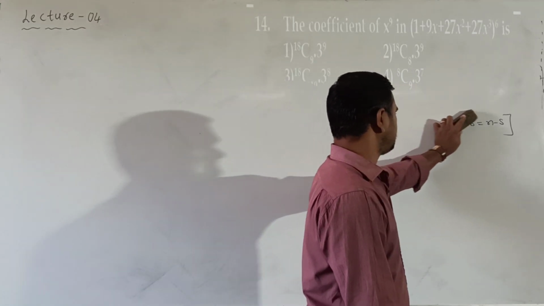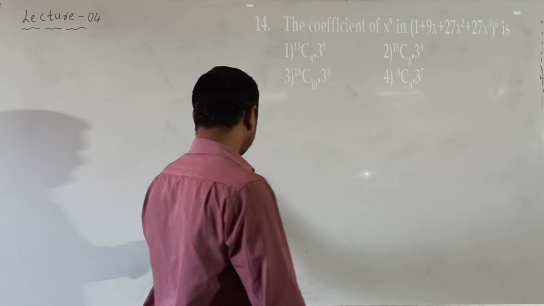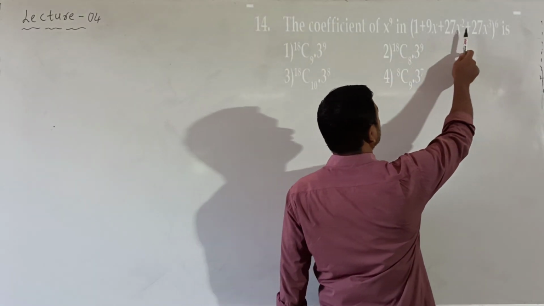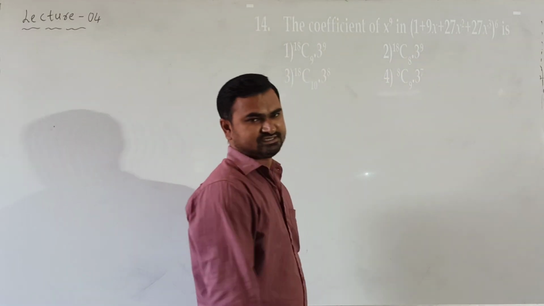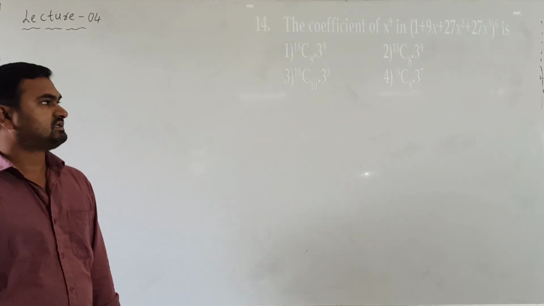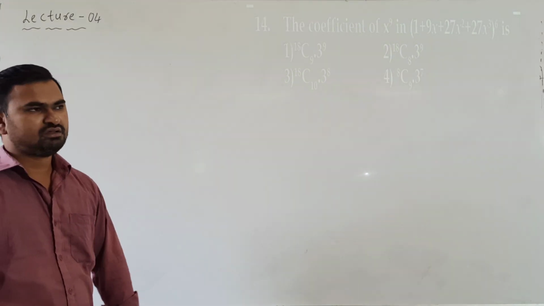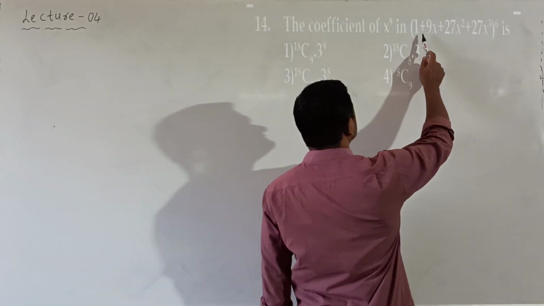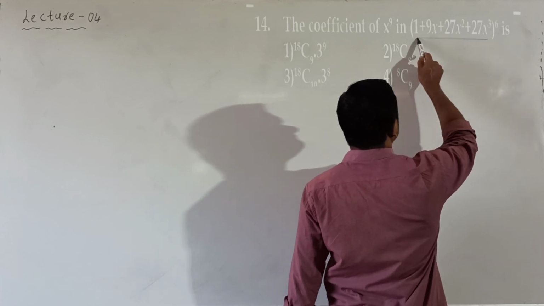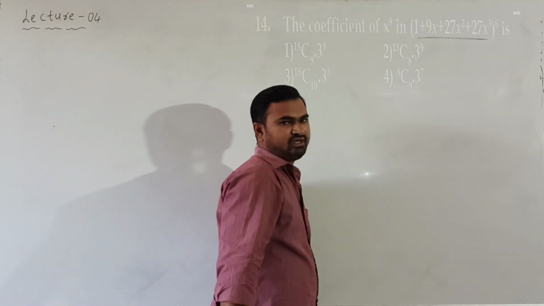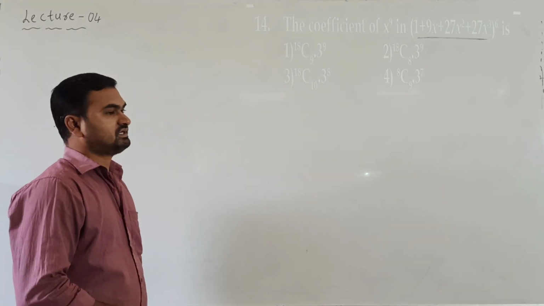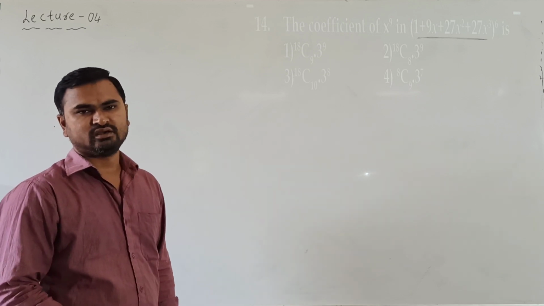Till now what we studied is only the binomial expansion, the (a+b)^n form. But here we have 4 terms, the expansion of 4 terms to the power 6. So expansion directly will be complex. So whenever we are given more than 2 terms, observe whether we can simplify and write it in terms of 2 terms. We try to reduce it into 2 or 3 terms so that we can expand easily.